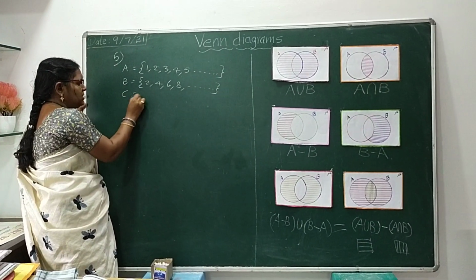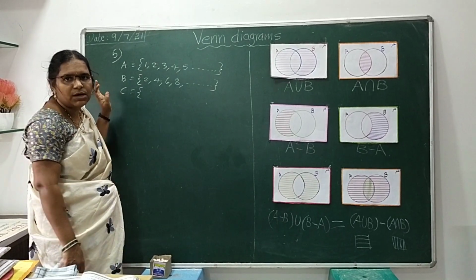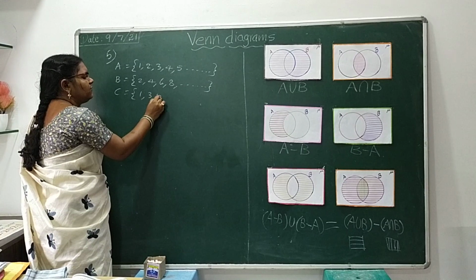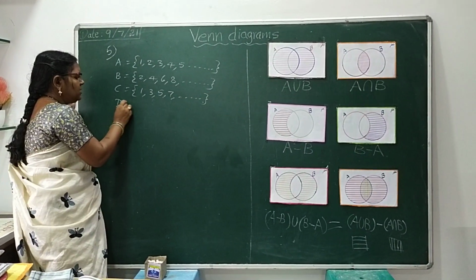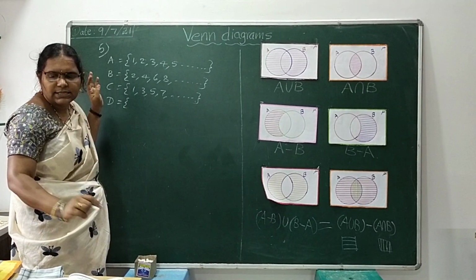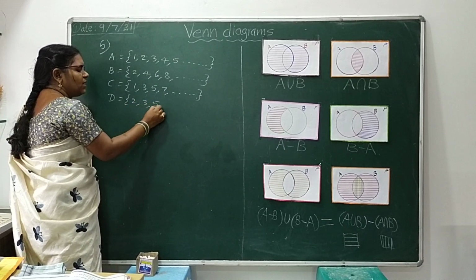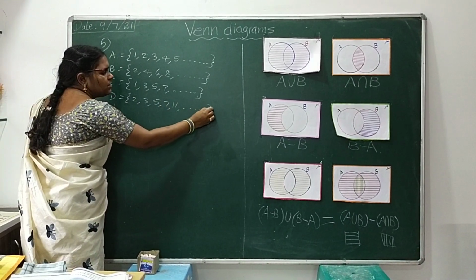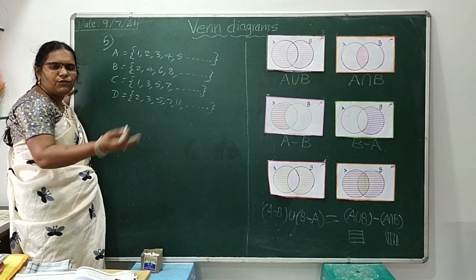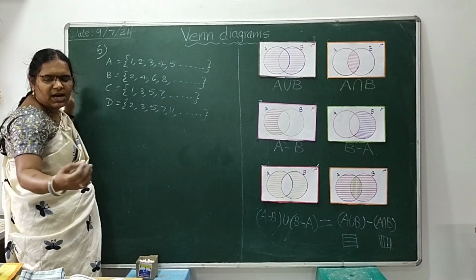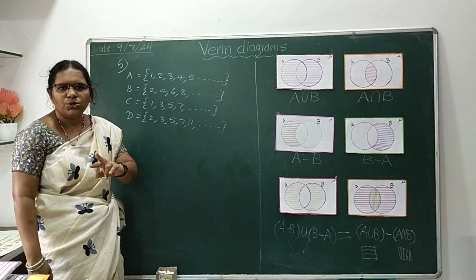Next given is C. What? x such that x is an odd natural number, meaning 1, 3, 5, 7 and so on. Next is D. What have they given? x such that x is a prime number, meaning 2, 3, 5, 7, 11 and so on. According to what they have given, in tabular form we have to write the elements and then proceed. And they asked to find some intersections. I am going to show you two solutions.